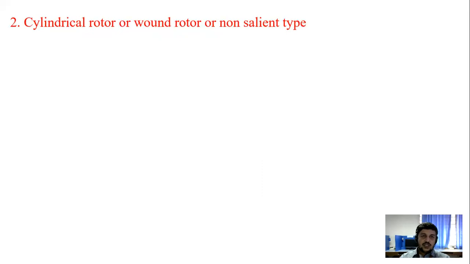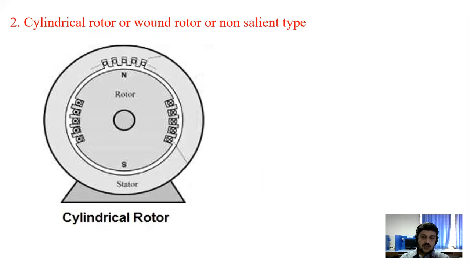The second type of synchronous machine is the cylindrical rotor synchronous machine. If you observe the cross section of a cylindrical rotor synchronous machine, the entire rotor is made up of a cylindrical structure, again a laminated structure, and the windings are placed over this rotor periphery. That winding is the field winding. Again, depending upon the type of slots, there may be parallel slots or radial slots. So this is the cylindrical rotor synchronous machine. The rotor is made up of a cylindrical laminated structure.